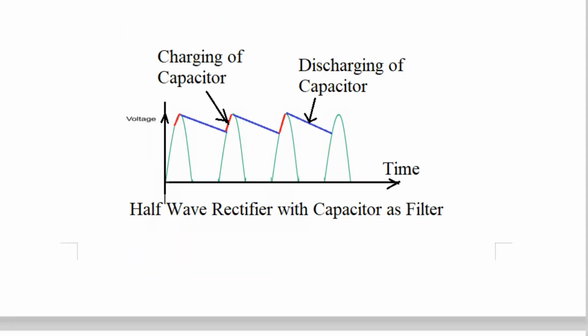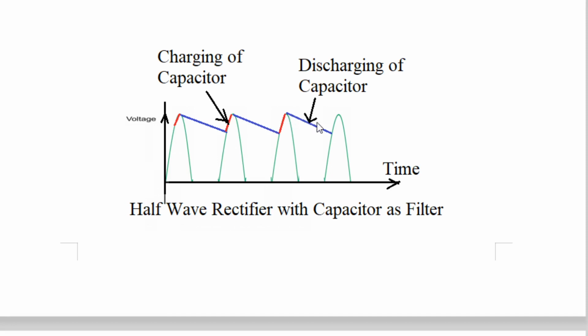And see here, now during positive half cycle the capacitor is charged. So here it is shown, during positive half cycle charging of the capacitor takes place from this portion to that portion. And when the capacitor was not there, this current was zero, meaning voltage was zero, not literally. But now this blue line you see here is called discharge of the capacitor.